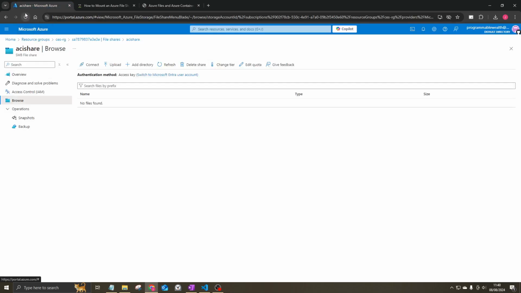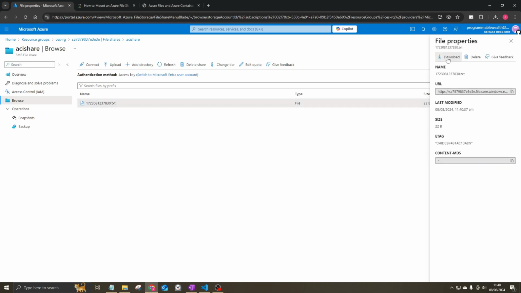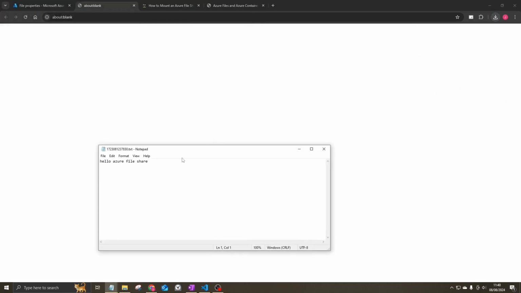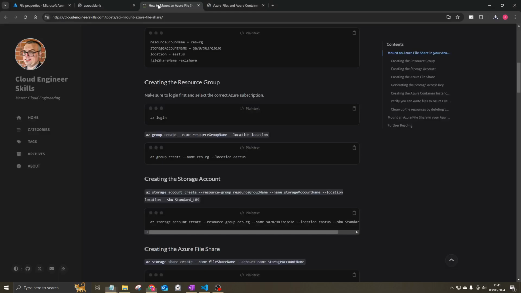If we refresh in the Azure portal, in the Azure File Share, we should see a file created. And if we download that, so we can see the file contents that we expect. Hello, Azure File Share. That's what we typed into the browser. So that's working correctly. Now what we've got to do is we need to tear down that infrastructure we created,